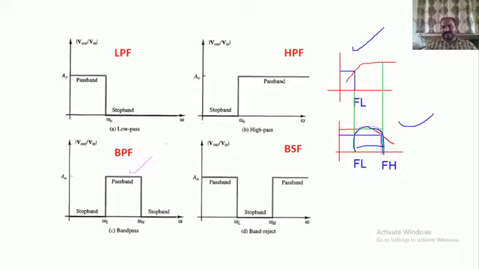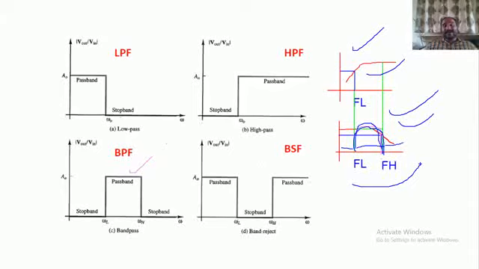this entire thing is giving some constant gain. As per the high pass filter, the frequency components before the FL should not be accepted. As per the low pass filter, the frequency components after the FH should not be accepted. So the frequency components between these two should get accepted. Then I can say that it is a band pass filter. If you are cascading the high pass filter and low pass filter in the perfect manner, then you will get the band pass filter.